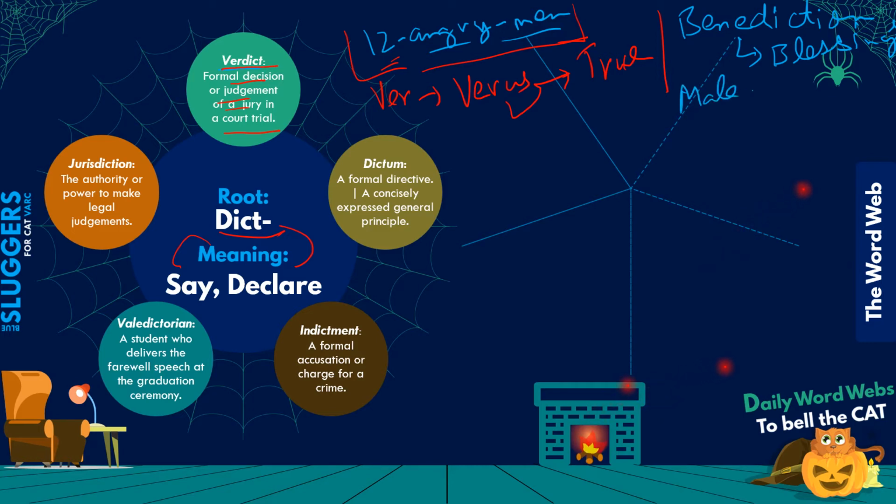Malediction comes from the root words we have already studied, but I am just revising once. Diction obviously comes from dict. The mal part comes from mal, which stands for bad or evil. So a malediction is basically a word or a phrase